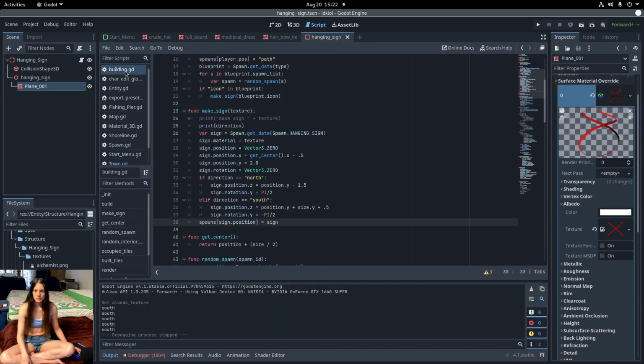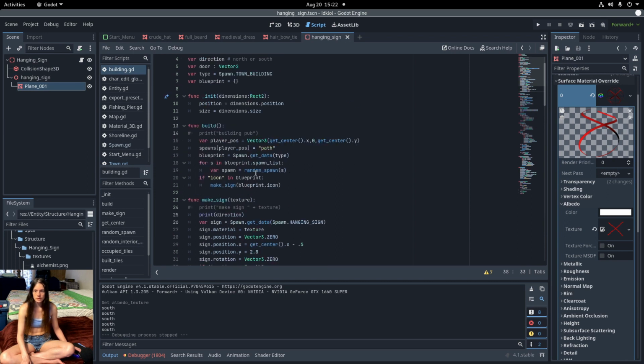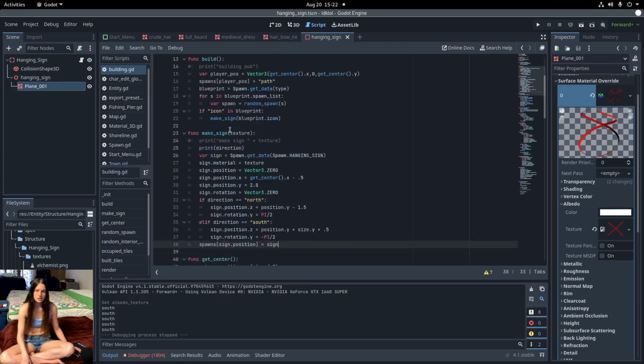So in the building build function, if the structure has an icon in the blueprint, it generates a hanging sign entity and sets the position according to the direction of the door, so it's placed over the front of the